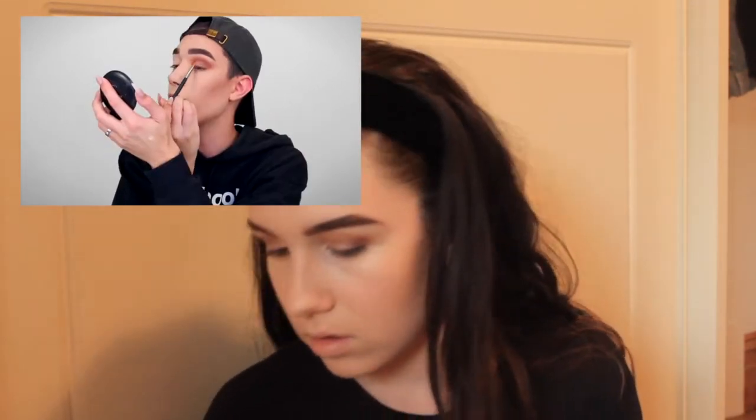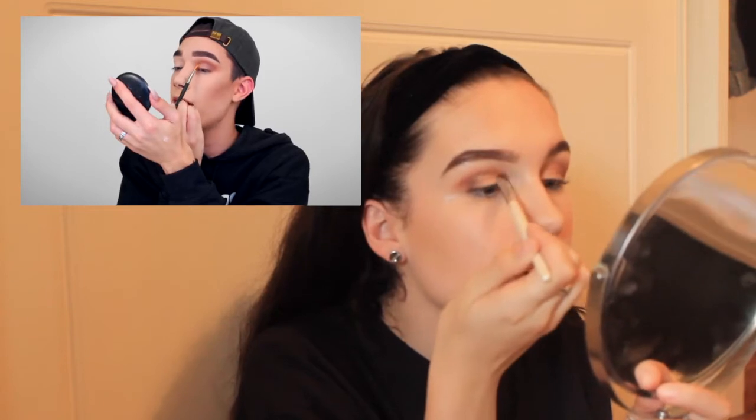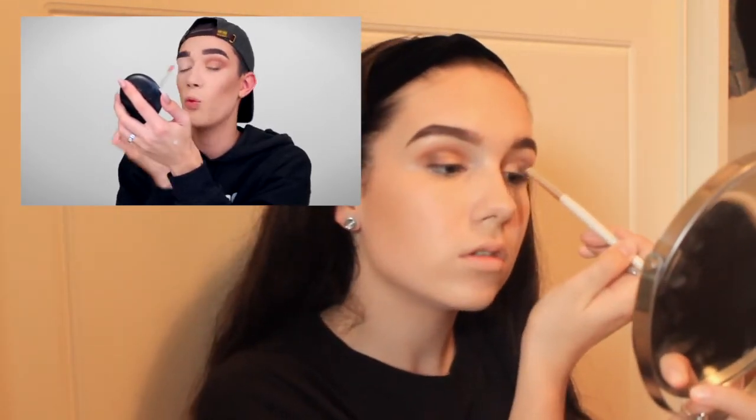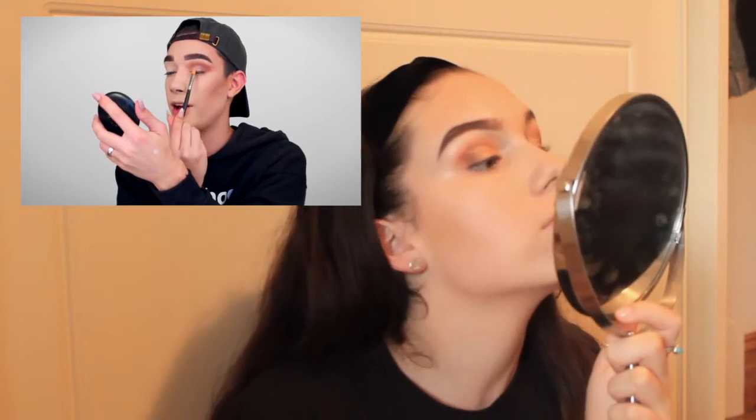Oh wow, that's... Oh my god! These are really, really pretty. Okay, I'm actually loving how the shadow is applying. This looks so beautiful. These shadows are definitely a win, and they've been sitting in my drawer for the past like 3 weeks now. I just opened the PR package, and now I'm really, really mad that I have not